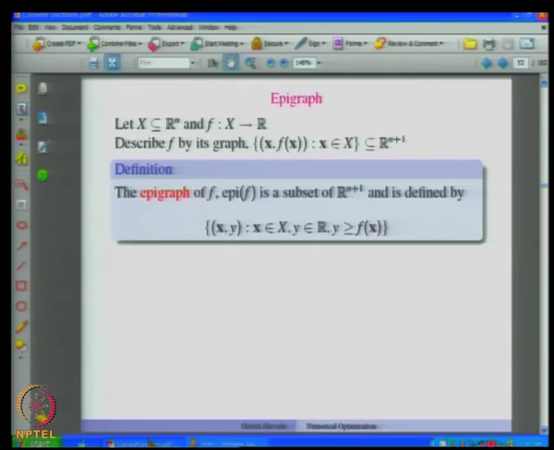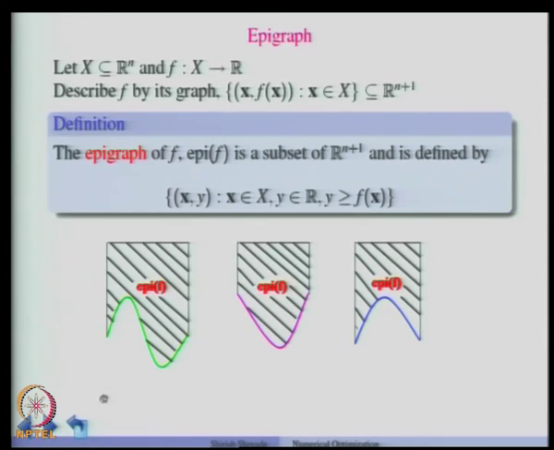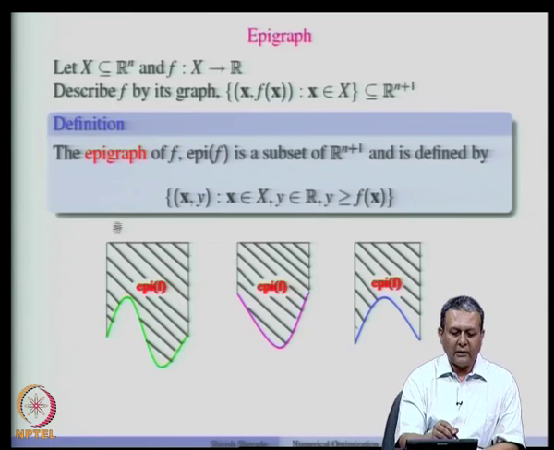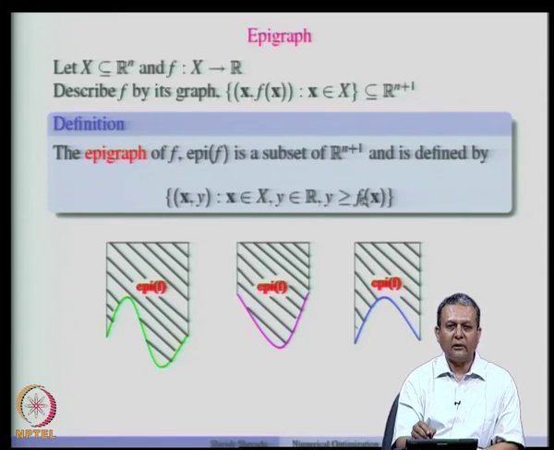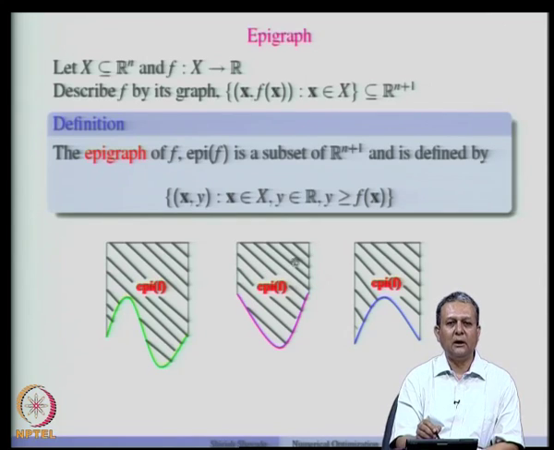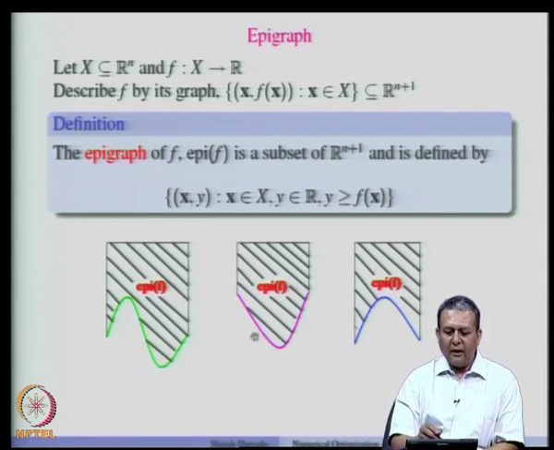So, we can see some examples here. Here I have drawn a subset of the epigraph, because the epigraph is typically not a bounded set. I have just drawn a subset of that epigraph. Actually, you will see that all the points (x, y) such that y is greater than or equal to f of x, you will get all the points even above this, but for convenience I have just drawn the subset of the epigraph in these figures. Now, there are three different functions shown here,